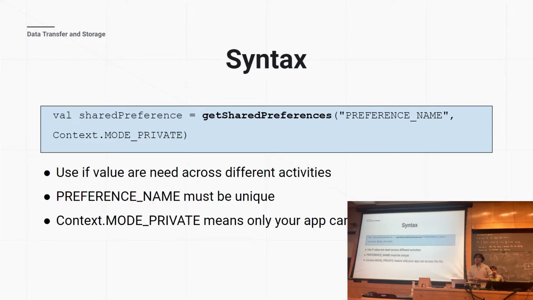Say, for example, you're storing credentials or sensitive information. In general, you always want to use this mode because you don't want other apps to be able to secretly access the information and potentially do some hazardous things with the information that you might accidentally provide.